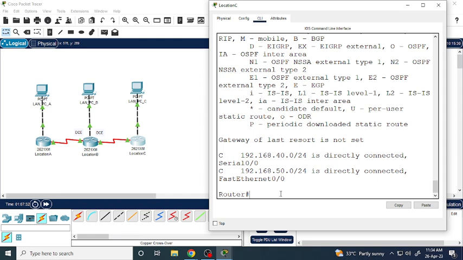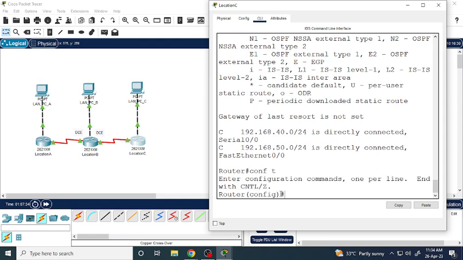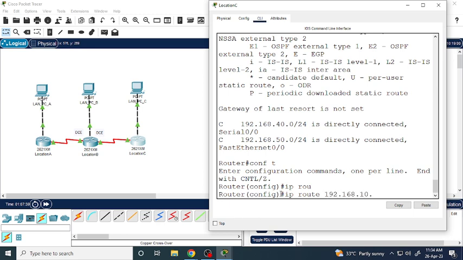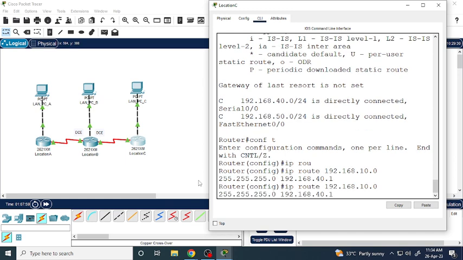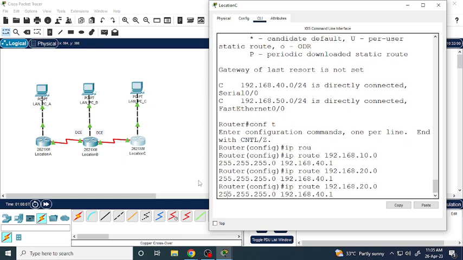So now we have to do routing here also for the 10.0 network and provide the next hop address, and as you can see, it can only go towards B. So 40.1 would be the next hop address, and it will remain the same for all the other routes. So 10, and let's set for 20, and then let's set for